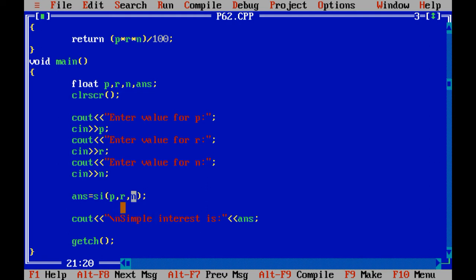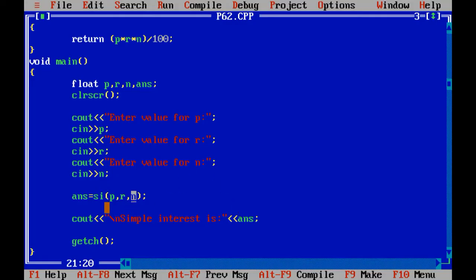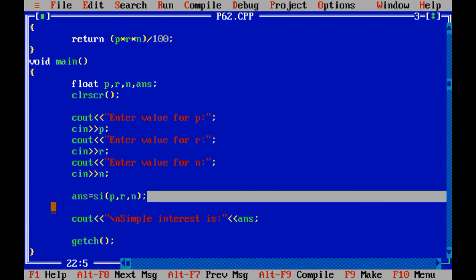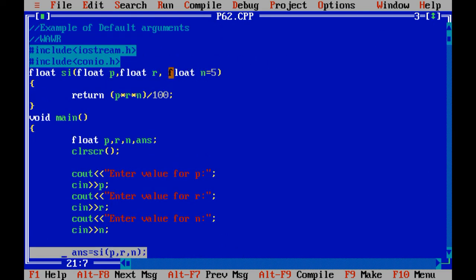Be careful regarding this: over here I have passed 2, number of years as 2. I have passed the value of n as 2, right? So it will return me the result based on the value passed from void main. The default argument is only considered in the case that you are not passing the value of n.